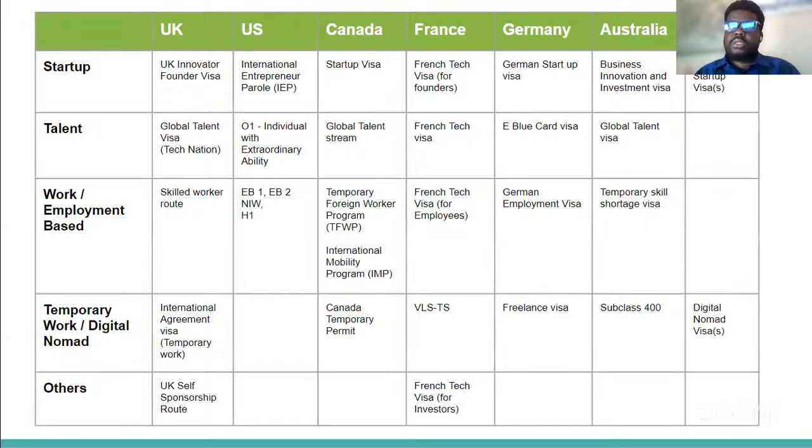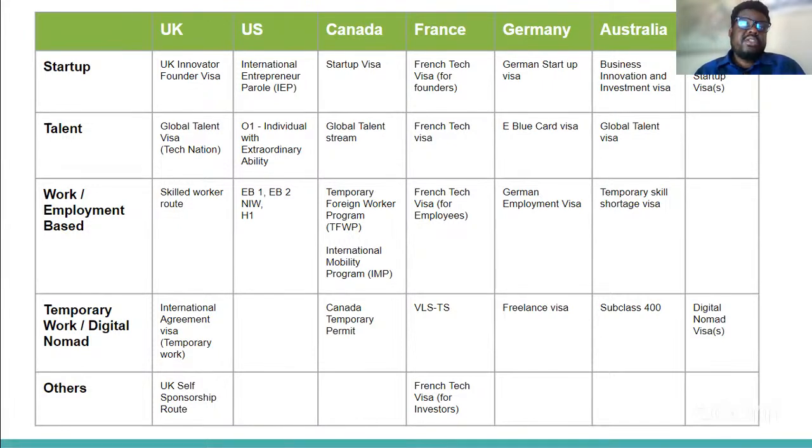From US to Canada to UK to Germany to Australia. This again is not exhaustive, but we have just put this in front of you to help you see the landscape. And you can Google any of these. This information is largely open source. It is online, right? So you can Google and get all the information you need about, for example, the UK